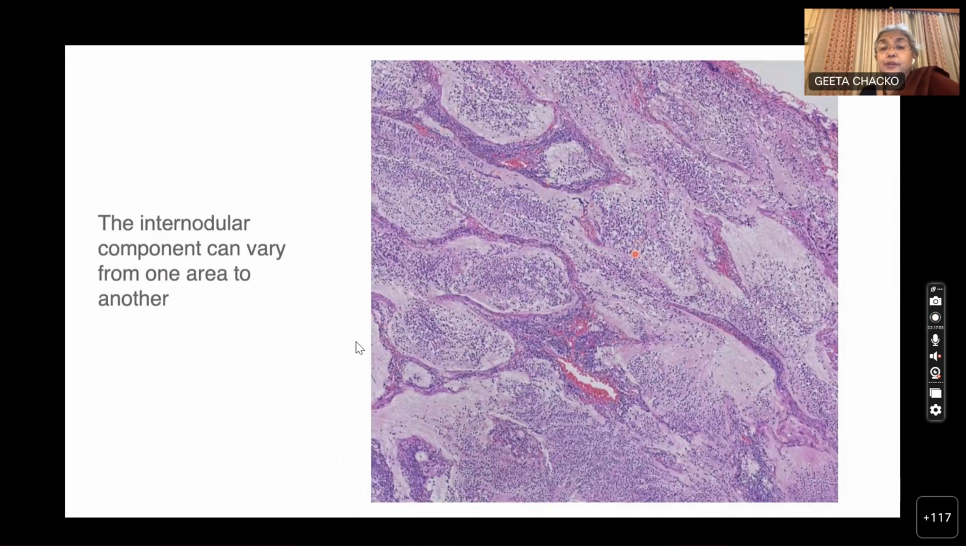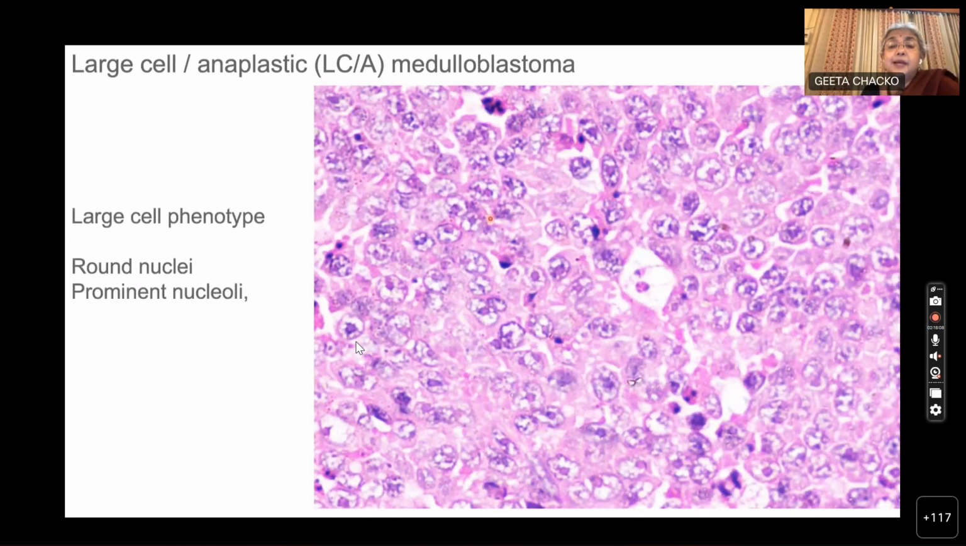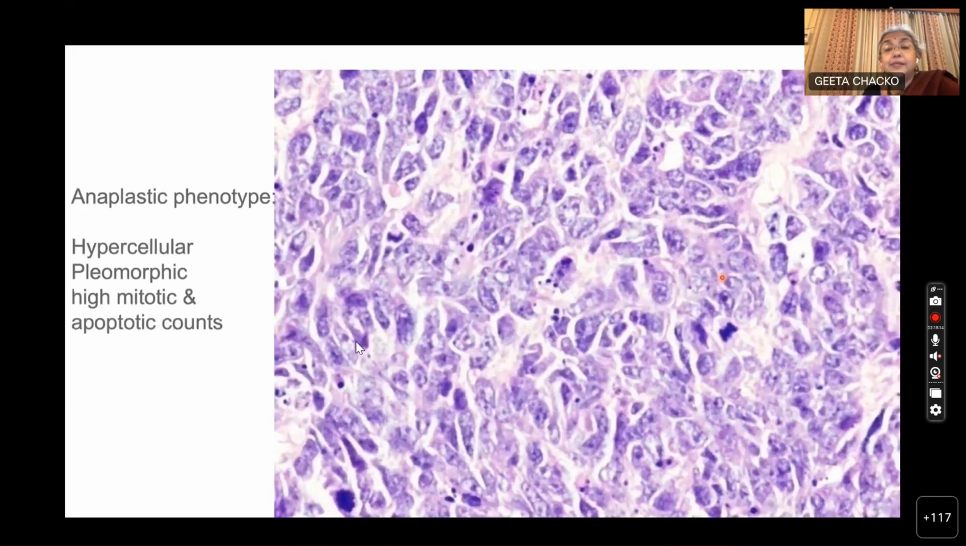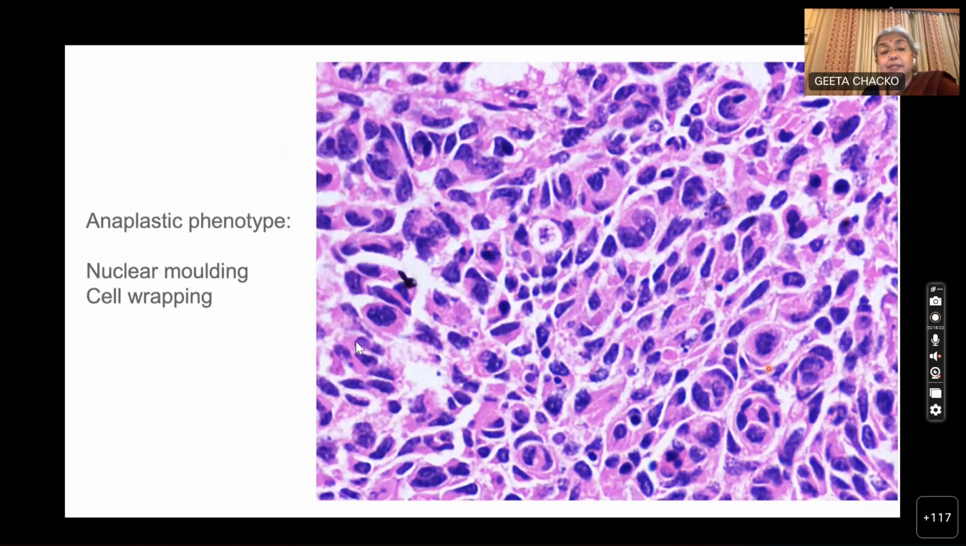The internodular component can be scanty, and the nodular zones are very rich in neuropil and have this neurocytic differentiation. Sometimes it can mature even to showing some ganglion cells. The large cell phenotype has these large cells, prominent nucleoli, vesicular appearance, and the anaplastic has high mitotic activity, a lot of pleomorphism. Again here, brisk mitotic activity, and another feature is the cell nuclear molding and the cell-to-cell wrapping, which you see in the anaplastic. So if you see either this appearance or the large cell appearance, it comes under the large cell or anaplastic